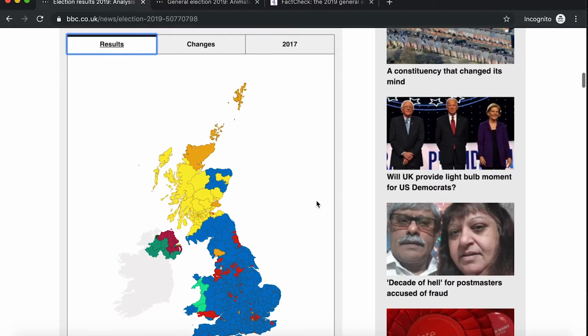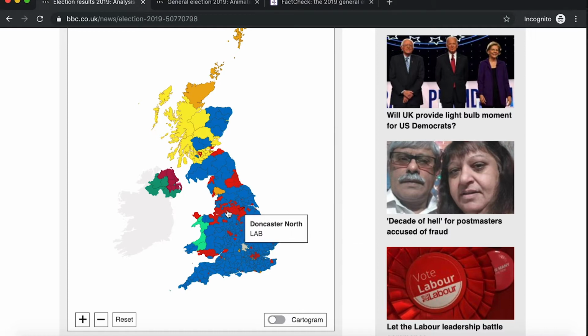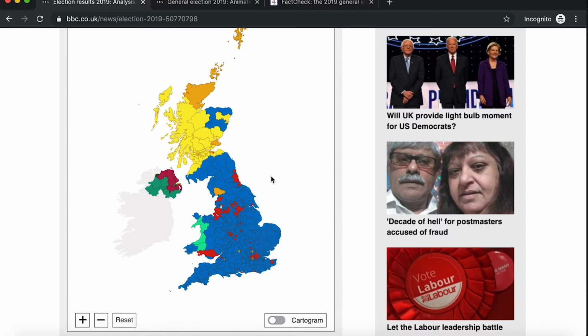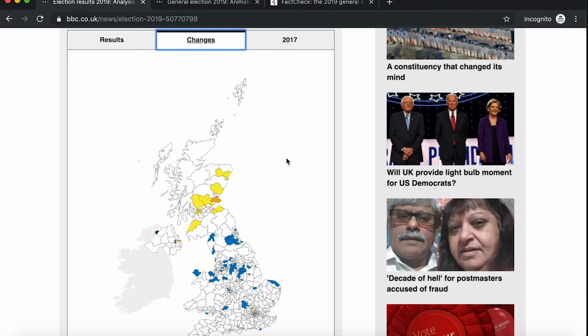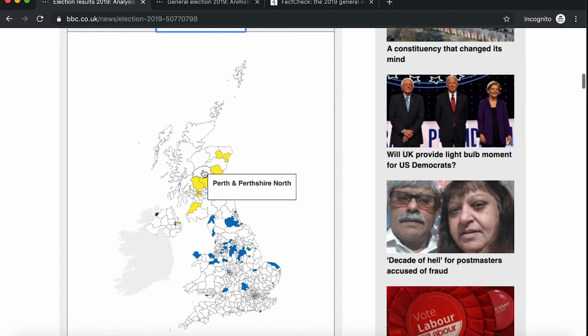So those northern strongholds that were originally red, see here in 2017, have now gone to blue in quite a few instances. And this intermediary view, this changes view, highlights that a bit further. As you can see, it's quite a lot in this northern belt. And of course, not forgetting those gains by the Scottish National Party in Scotland, who have, I think, taken a few away from Labour and Conservative. There are some big changes there. Also, there's a Lib Dem